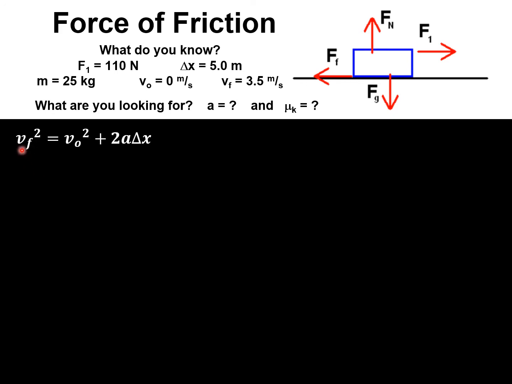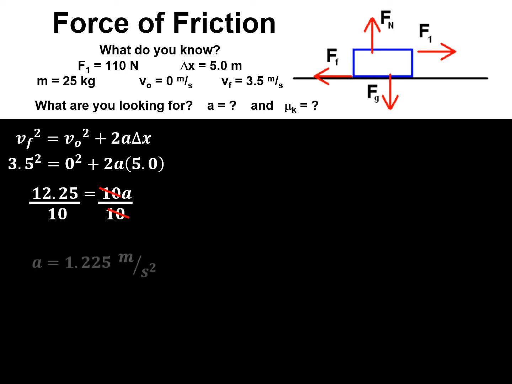The final velocity squared is going to be equal to initial velocity squared plus 2 times acceleration times displacement. We go ahead and plug in our numbers, and we find that our acceleration is going to be equal to 1.225 meters per second squared. Now that's just using the equations from our first and second unit, so that's nothing new in this unit. But in order to find our coefficient of friction,